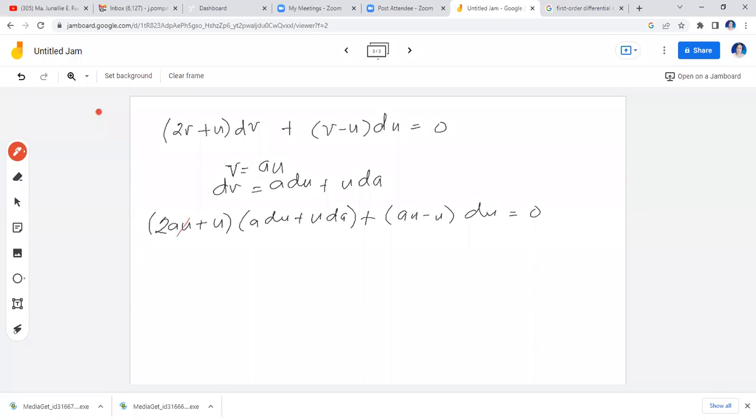It's just like I've divided the entire equation by that u. That way we will not have to carry it in all our subsequent lines of solution. So we'll have now 2a plus 1